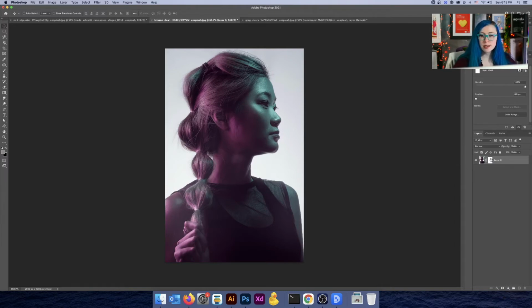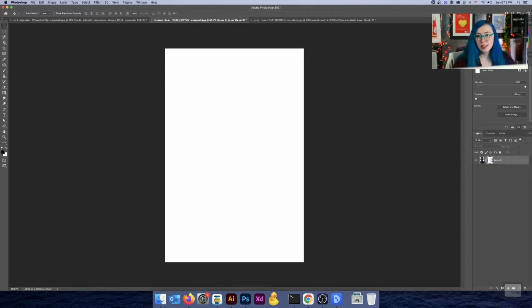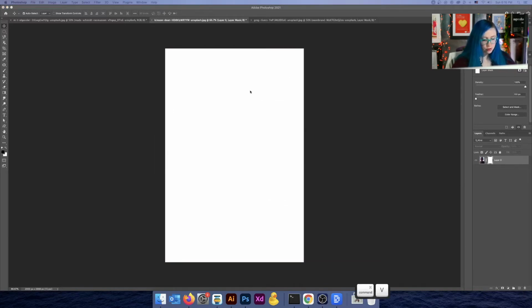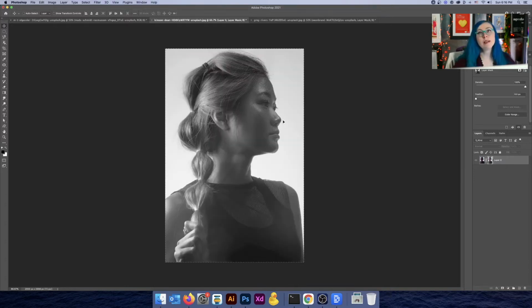Here, we are going to select our layer mask, and then we're going to Option-click. That will put us in layer mask editing mode. Notice how the layer mask is selected, and we can see the layer mask. Now, do Command V and paste the image right into that layer mask. Let's take a break here and notice what's going on in our user interface. We have our photo and we have our layer mask.